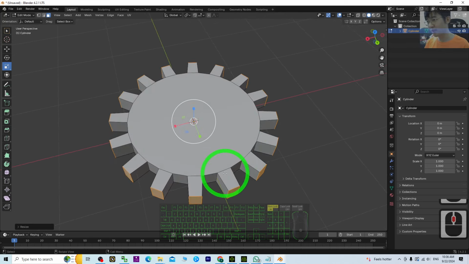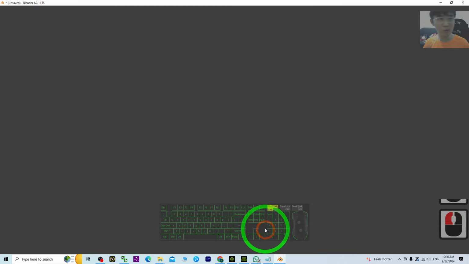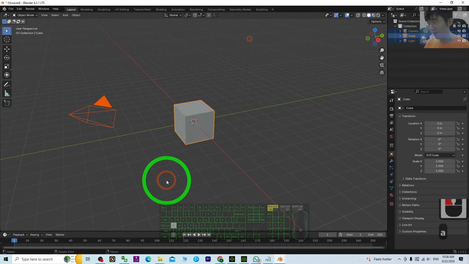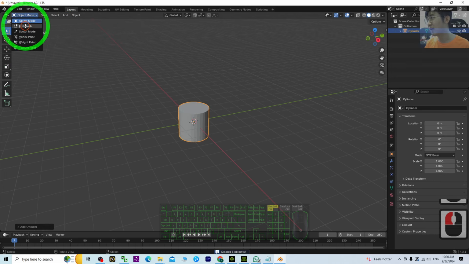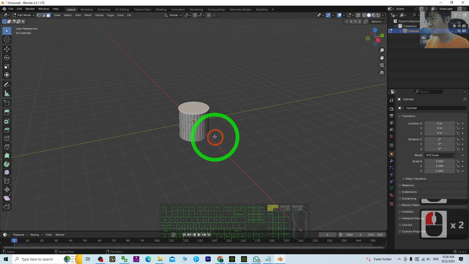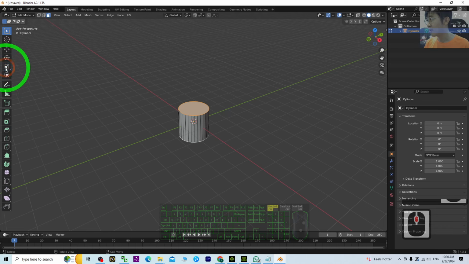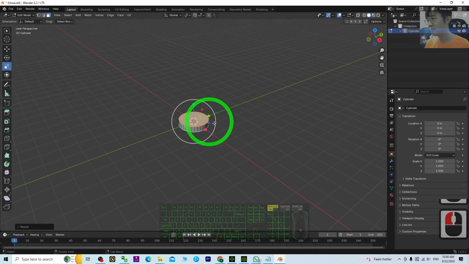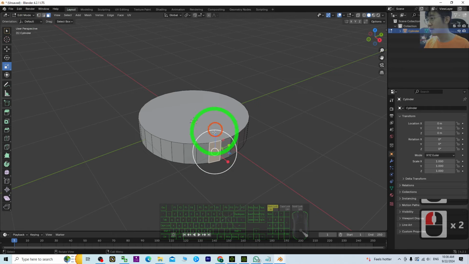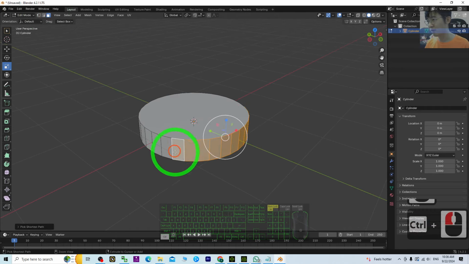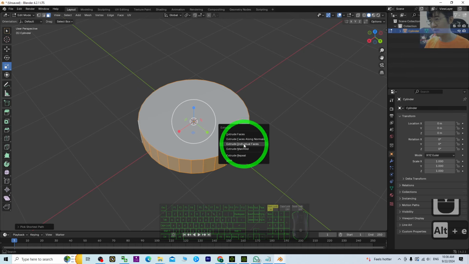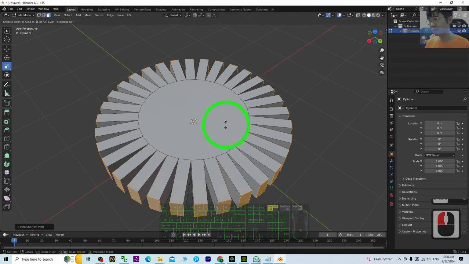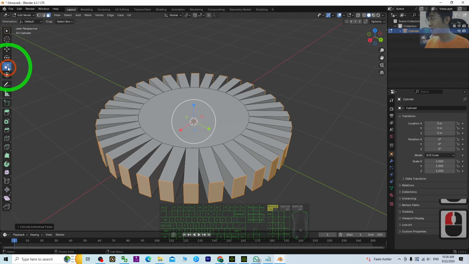Or if you want to use another type of gear, I'm going to show you one more demo. Same as just now, press A, delete everything, add a mesh, add a cylinder, go to edit mode, select the face, hold, and make it small. Then click, select the face, hold Control to select everything like in this way, then Alt E to extrude individual faces, then rescale it,